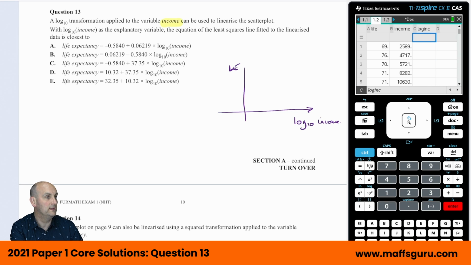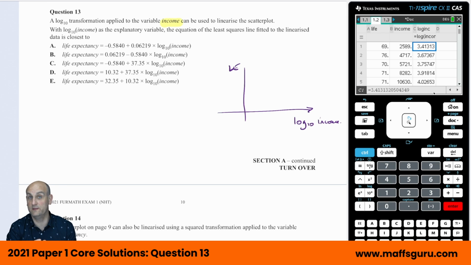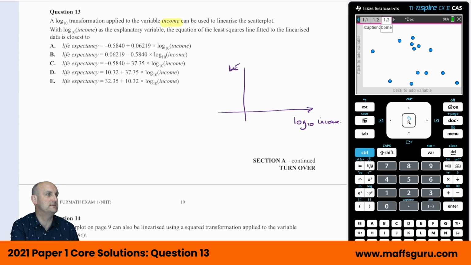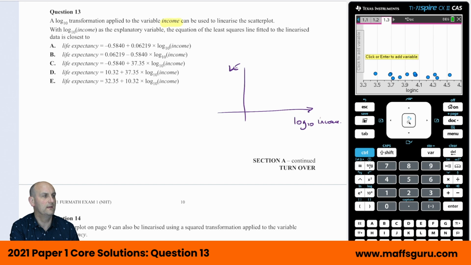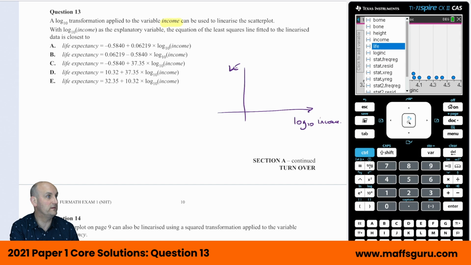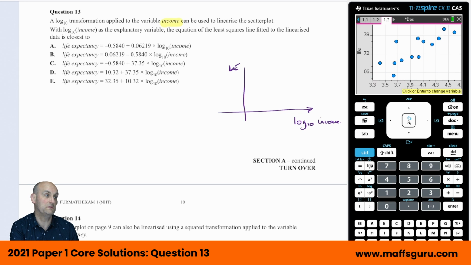So what I want to do is I want to do equals log. Actually, let's bring up our, where's my log? It's there, control, log 10 of income. Hopefully it will accept that. There we go. So there's my log. Almost made a mistake. Oh, stupid. All right, now I'm going to go back to here. And what I've got along the bottom is my log 10 income. Let's go back up. Log income. And my variable there was going to be life expectancy. So there's life. And okay, interesting.